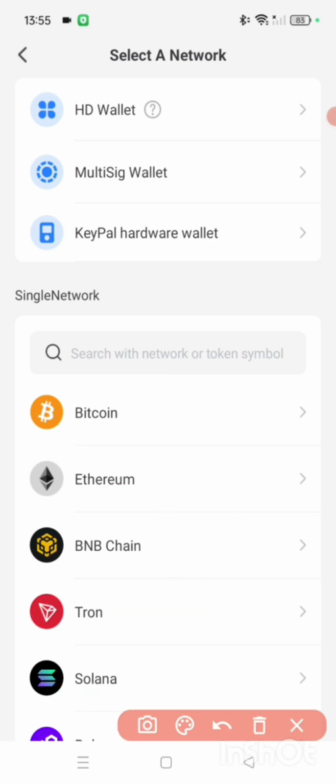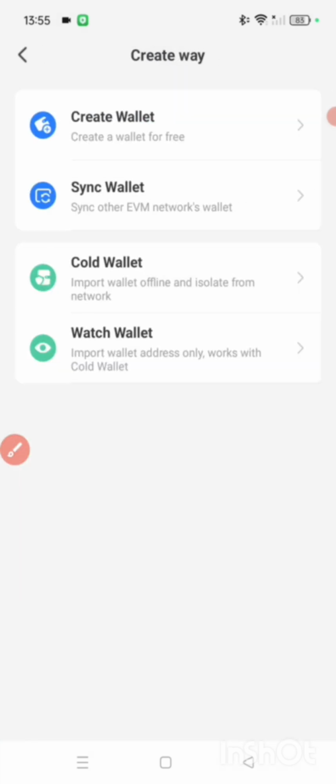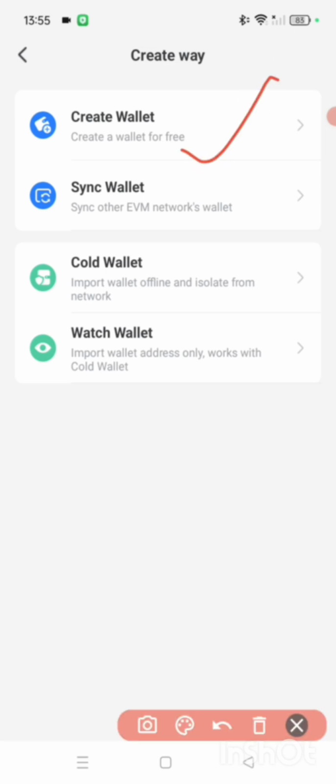If you want to go by HD, you can create multiple networks for you, but that can be a little bit confusing for new members. So you scroll down and rather select specifically for BNB chain, because that is what we use for Bitness, right? Get it, click on BNB chain, proceed to click on create wallet,